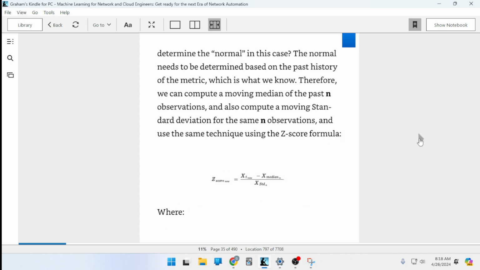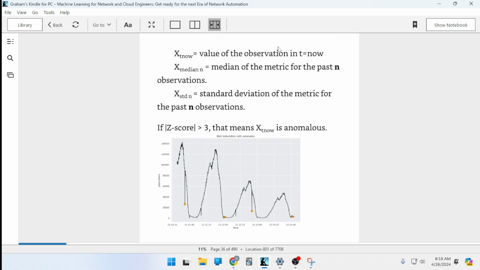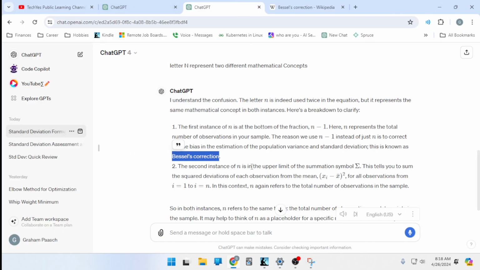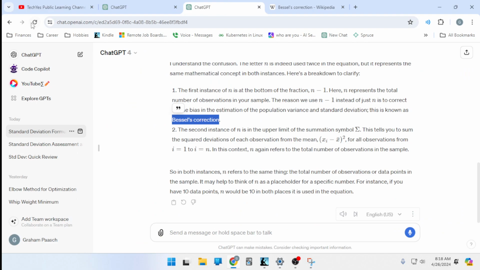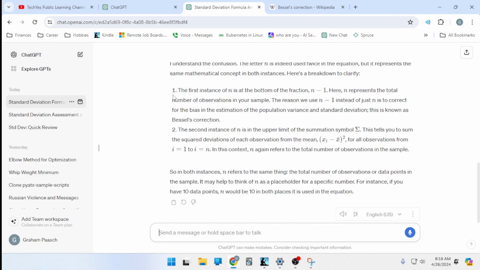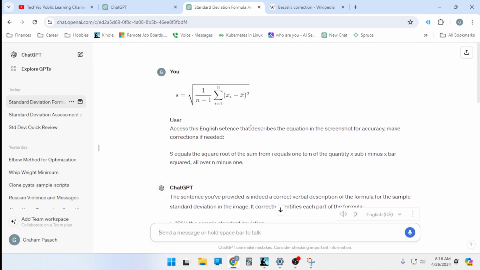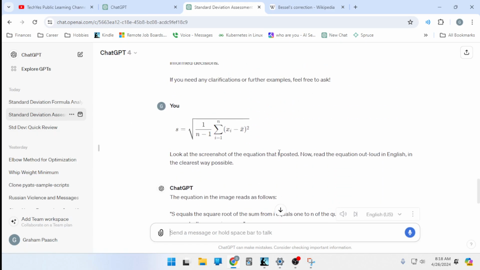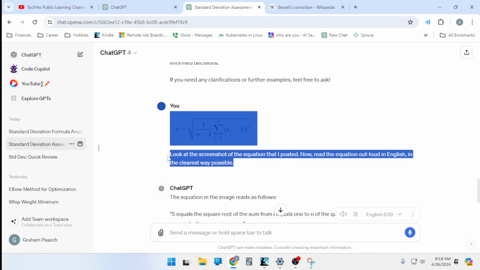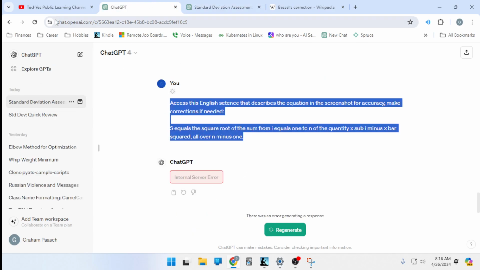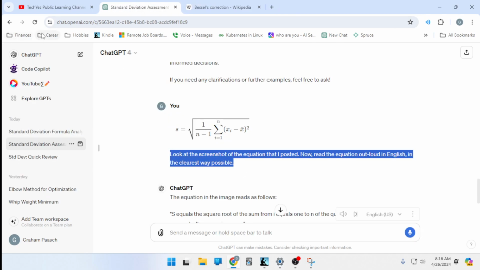So the formula means where x, and remember, we have the language now. Let's do that with this equation as well. We're going to use that same prompt that we used before. The prompt is going to be: look at the screenshot of the equation posted above. Now read the equation out loud in English in the clearest way possible. And even if it doesn't do it correctly, that's okay, because we just want to know